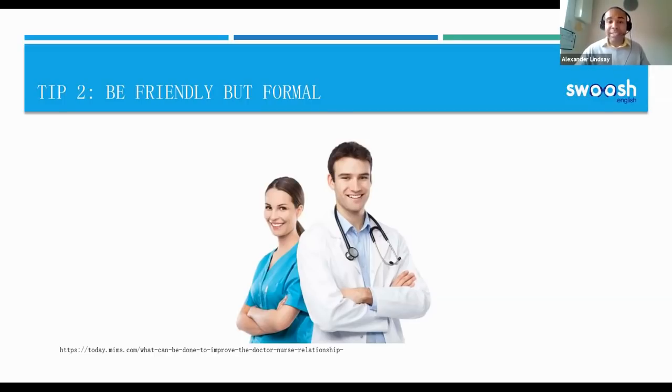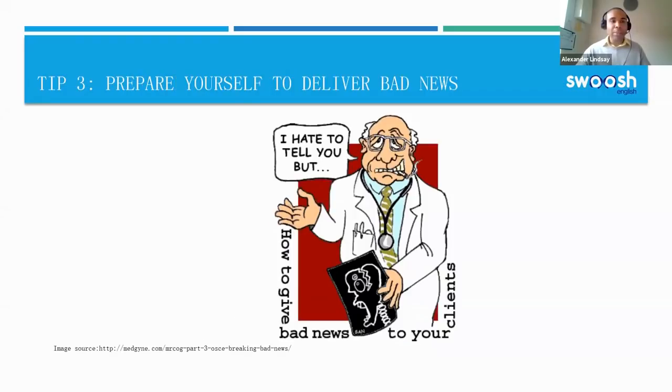Be precise and clinical in your language. Inform the patient that his blood test results will be made available within 48 hours rather than in a couple of days. So wherever possible, it's great to use precision. The reason for this is because patients will have an expectation that their doctors and nurses are reliable and professional, so language should be used in order to show that. So the more precise you are, the more clinical you are, the more trust you will be able to engender within the patient or the caregiver. Okay, so that's tip number 2 then. Be friendly but formal. Tip number 3, prepare yourself to deliver bad news.